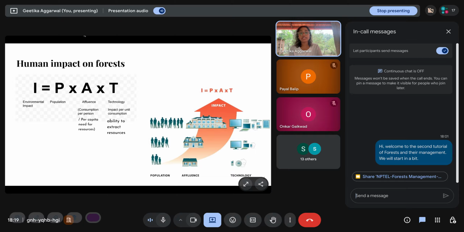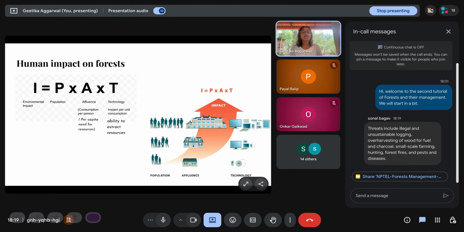And as you can see in this image, if you have a small population, say a small family of three which lives in this small house and they have limited technology, then the impact will be less. We'll come to that later when we talk about stages of silviculture, but basically,